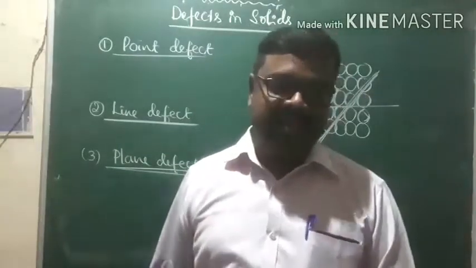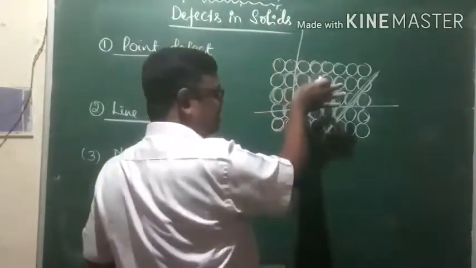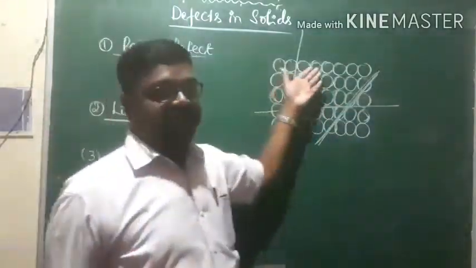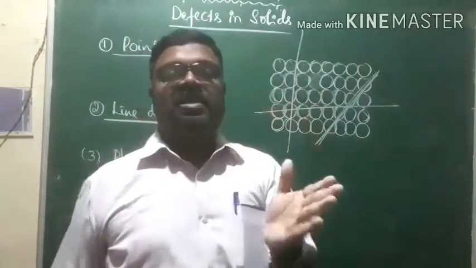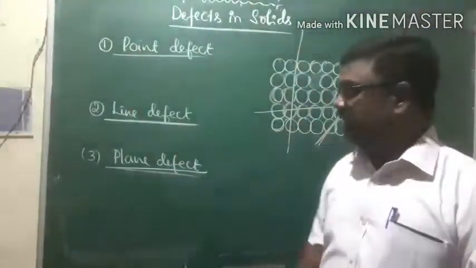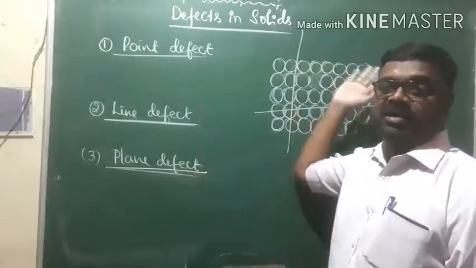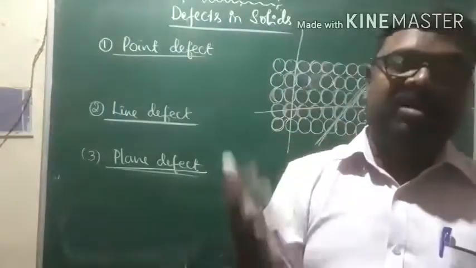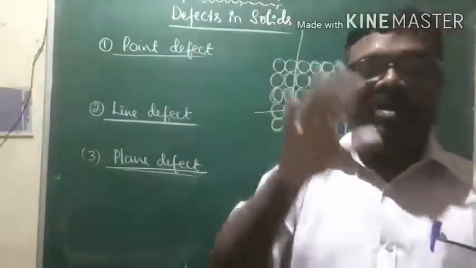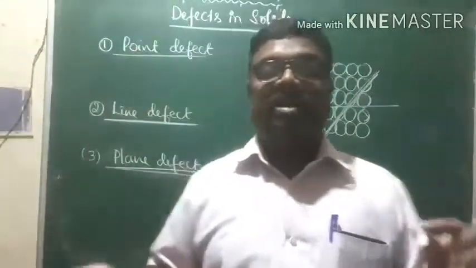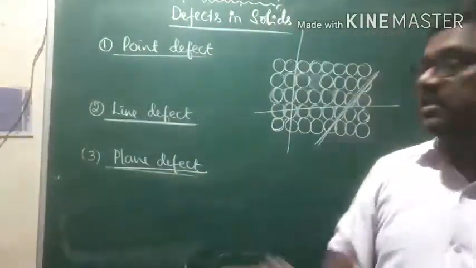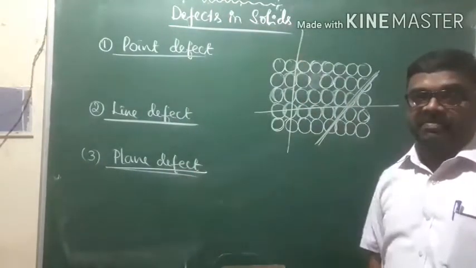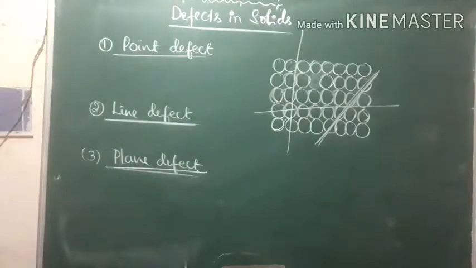yz plane or xz plane, because this is two dimension. Just imagine different layers over this, similar kind of layers over this. Okay? If you find the defects in a particular plane, or if the irregularity corresponds to a particular plane, or the particles of the plane are irregular or disordered, all the particles in the plane, if there is no orderly arrangement of the particles in a particular plane, that particular defect corresponds to what? Yes, it is a plane defect. These are the three types of defects there.